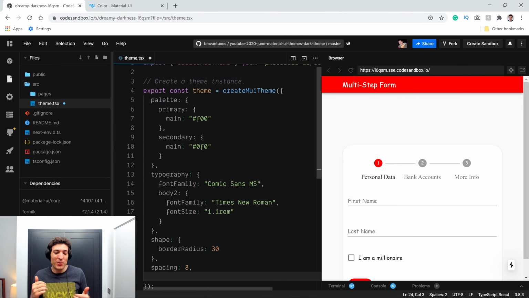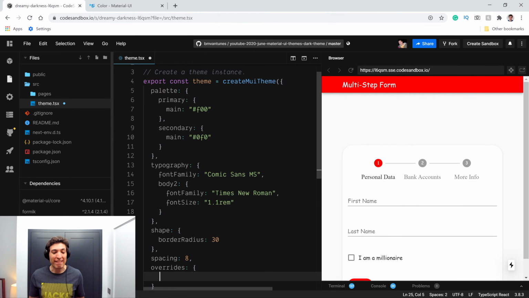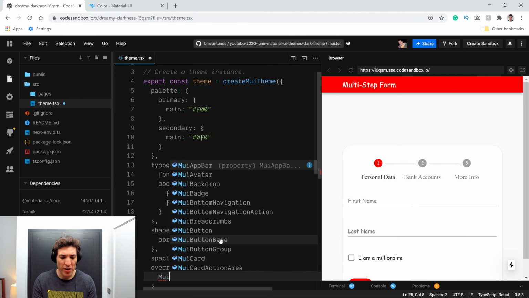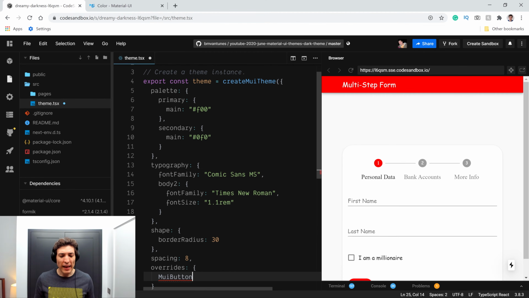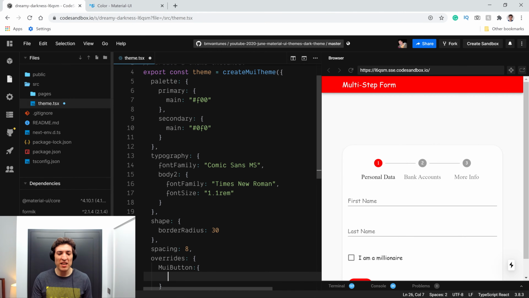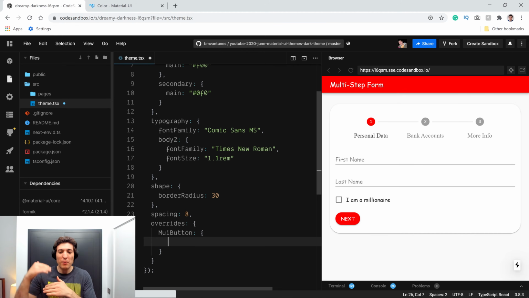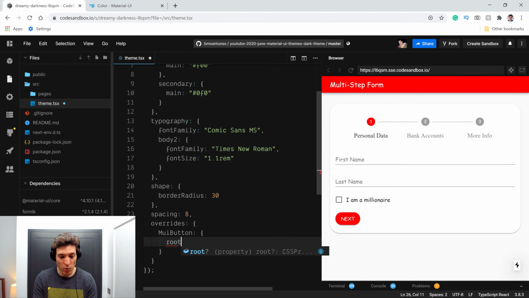And now we will start to touch places that I think are much more interesting than these basic ones, which is the overrides of components. So let's come over here and we can say the overrides, and now the first properties we have over here will be the components itself. So let's say that we will go, for example, for our Mu button. All right, and in our Mu button, you can see even with autocomplete, right? Let me just save this for our page, go back to the top. So over here, you can even do autocomplete, and you can see that one of the properties will be the root, because that's one of the classes.